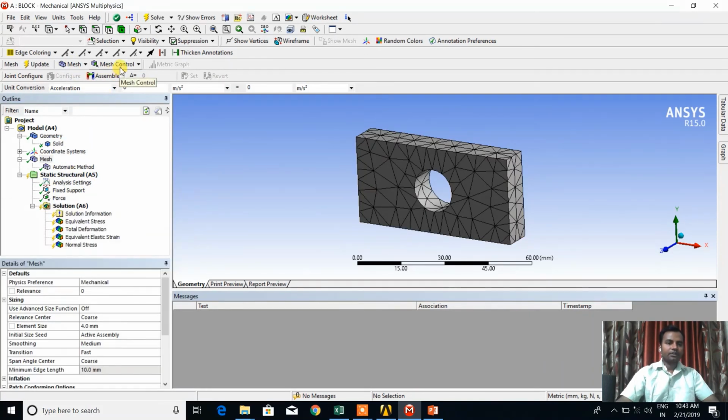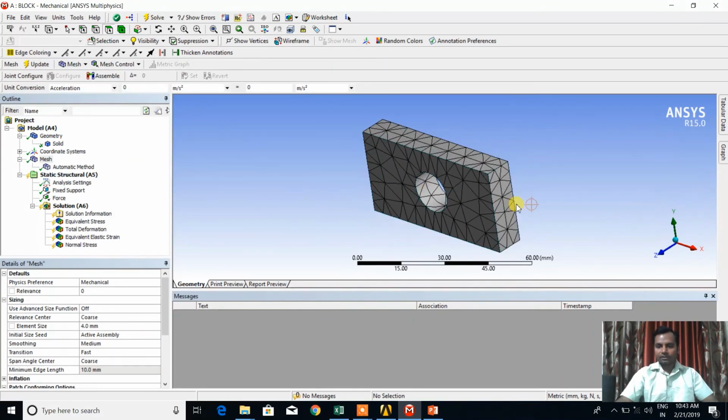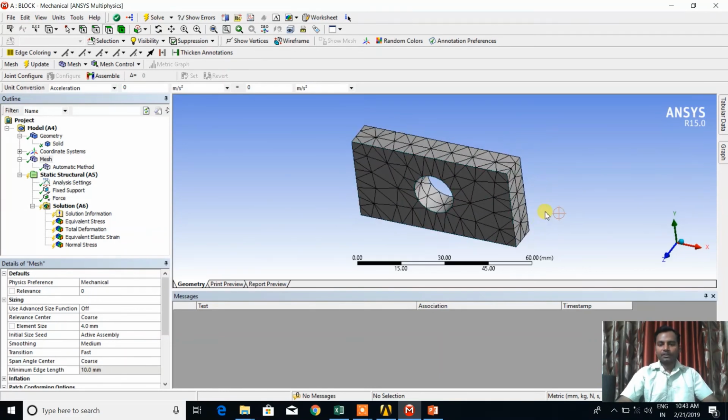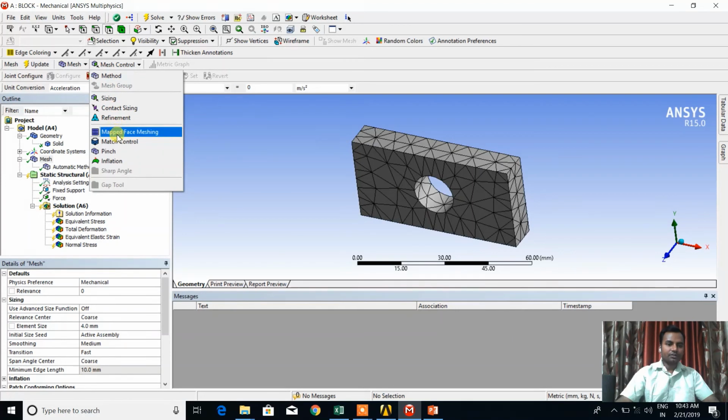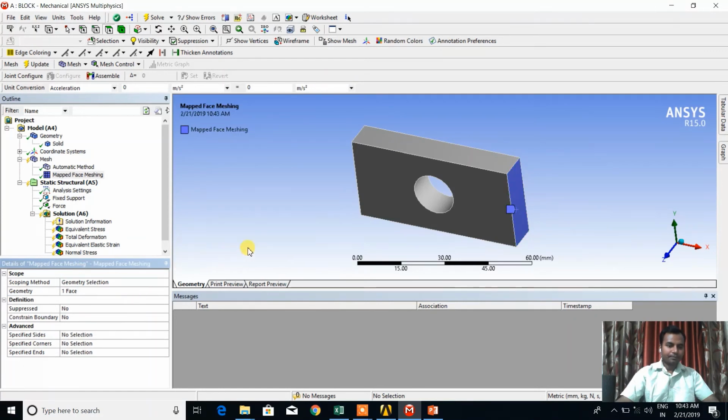Okay, so I want again hereafter the map face meshing. So if from both the sides, this face and this face, the meshing size is different on the two faces, you can just apply similar and generate mesh.